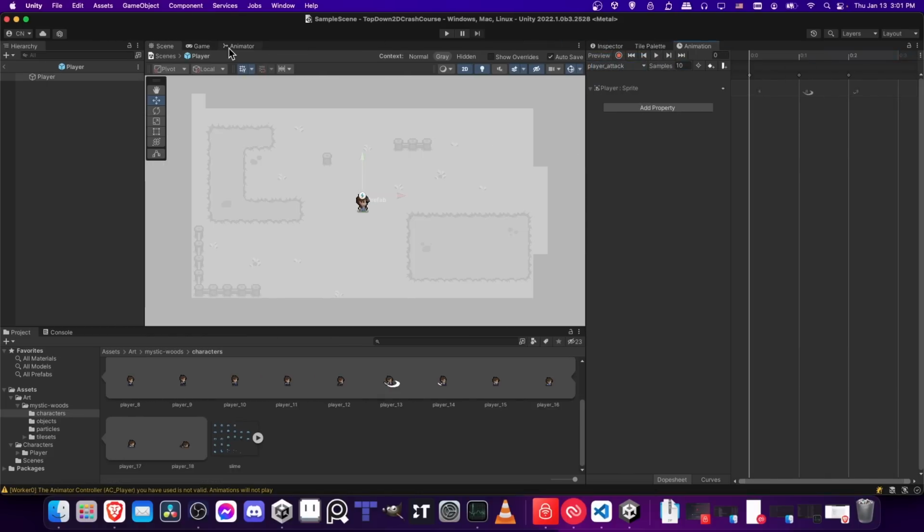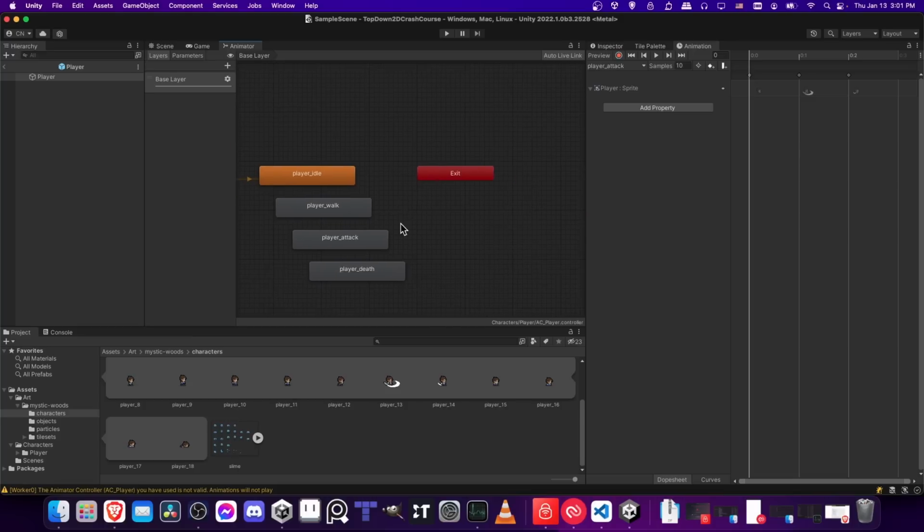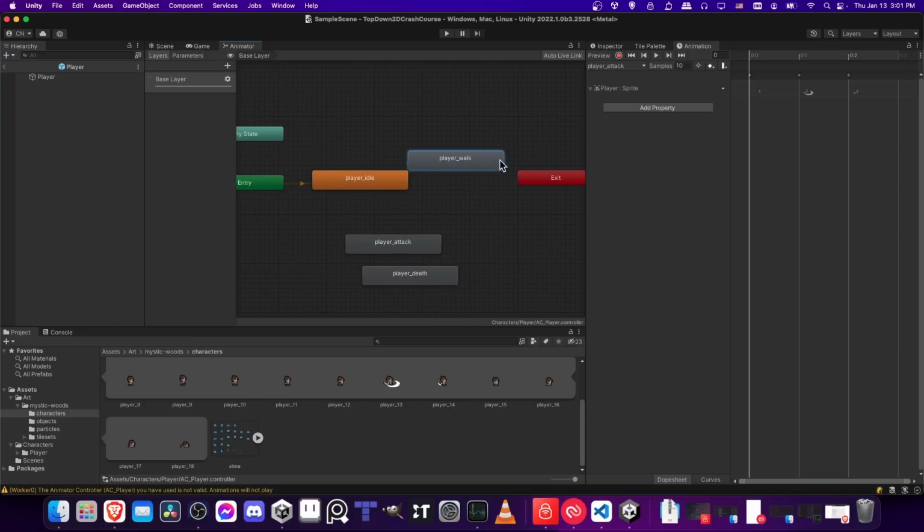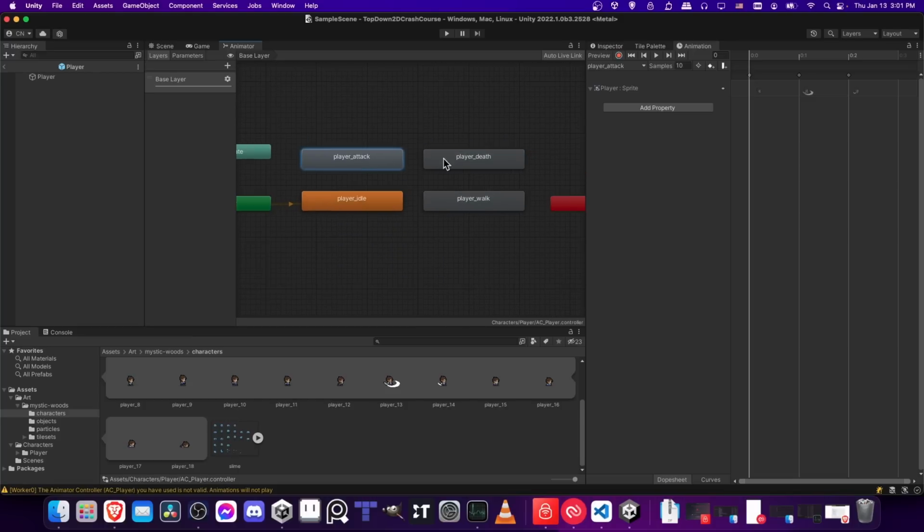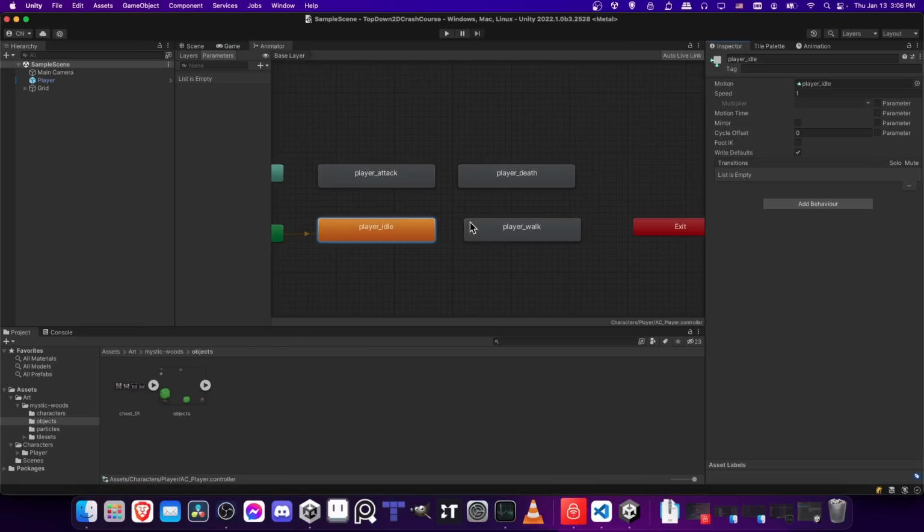Okay, so if we switch over to the animated window, we're going to see all of these animations pop in here. And we need to set up the logic for which animation we're going to be playing. So we can do player idle to player walk first, which will be pretty straightforward. It's going to be, is the player moving? If the player is moving, then we're walking. So in order for our animation to switch between player idle and player walk, we're going to need to set up a parameter in our animator controller so that it knows to switch between those 2